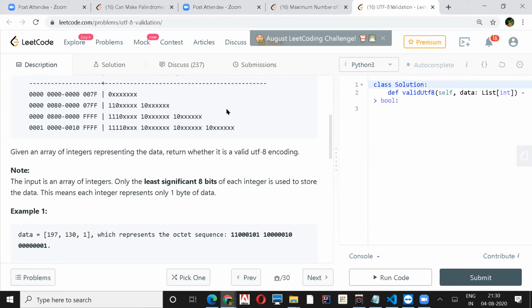But I would say it won't matter because we just have 4 bytes. Yeah, okay. But if the array is large, like if there are many UTF-8s in that, maybe hundreds and thousands, I don't know how much they are saying. Yeah, they have not specified that, right? The input integer can be very big also.